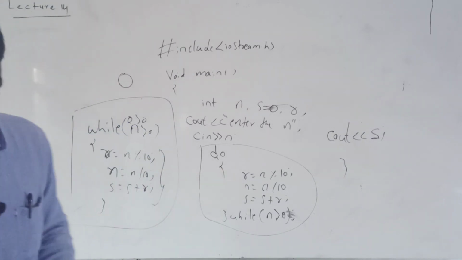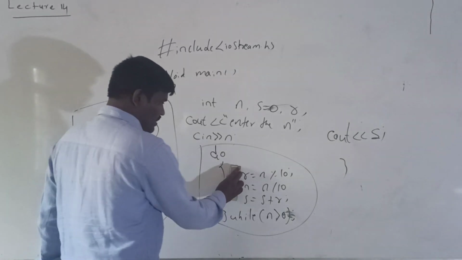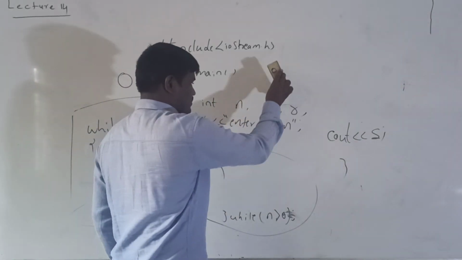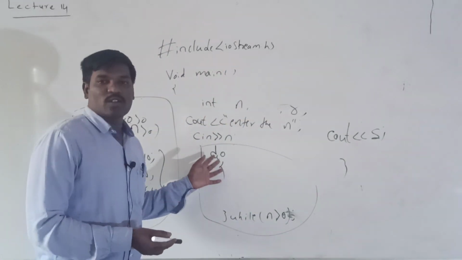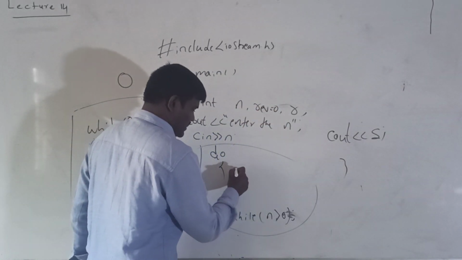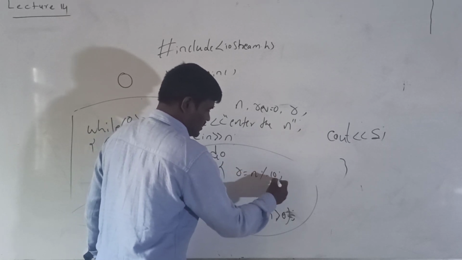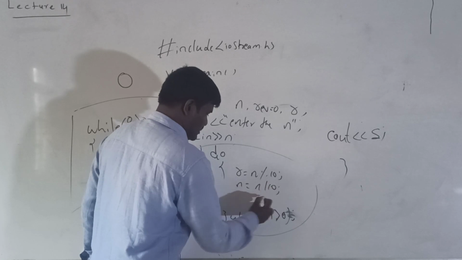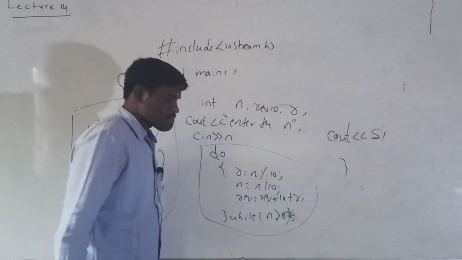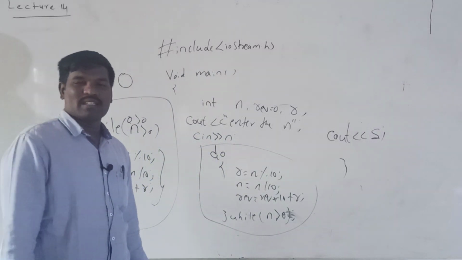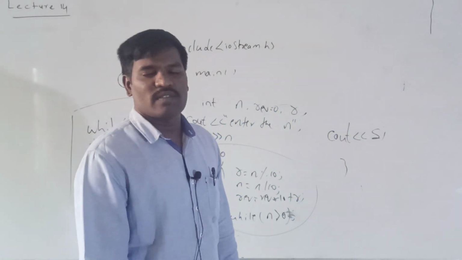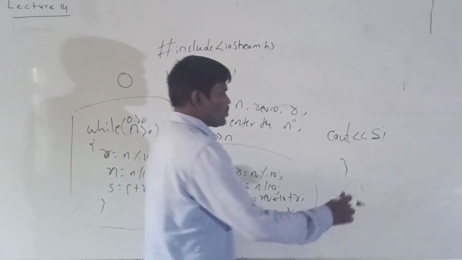Okay, another example I will convert. Reverse of a number. You already know the logic of this program. Reverse is equal to 0. Again splitting the number, r is equal to n mod 10. Next we have to reduce the n value, n divided by 10. So reverse is equal to reverse into 10 plus r. See here, reverse of a number means if I give the input value as 123, it will give the result as 321.